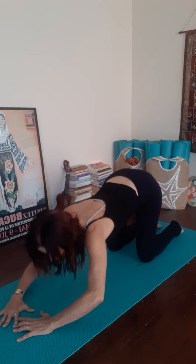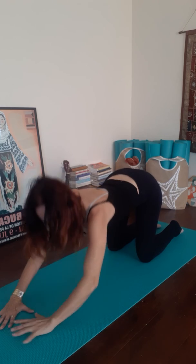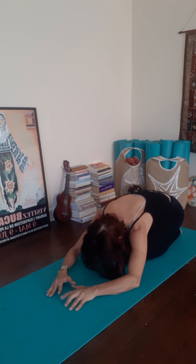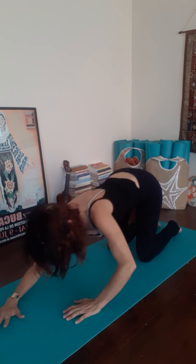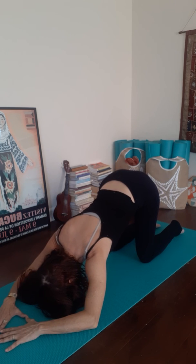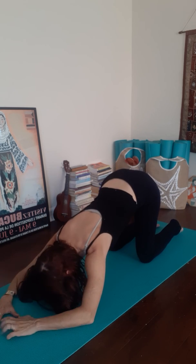Elevated child's pose would just be sitting back about a third of the way, forehead to the floor like this. That's going to be a really safe, better choice for a lot of us. Some might prefer to go straight back, feet and knees straight is my preference. And settling down there, arms can be by your sides. So either way, the elevated child's pose or the more traditional style, holding that, breathing into that for about a